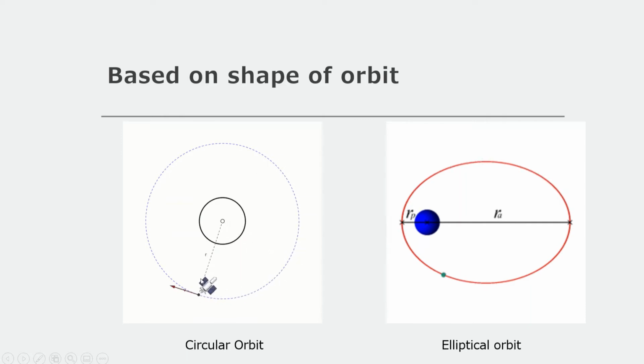You could see the satellite is moving in the circular orbit. In this, the green point acts as the satellite point where it is very near to the earth. You could see the orbit is elliptical. The blue ball is the earth, which has its center at one of the focus points of the ellipse.